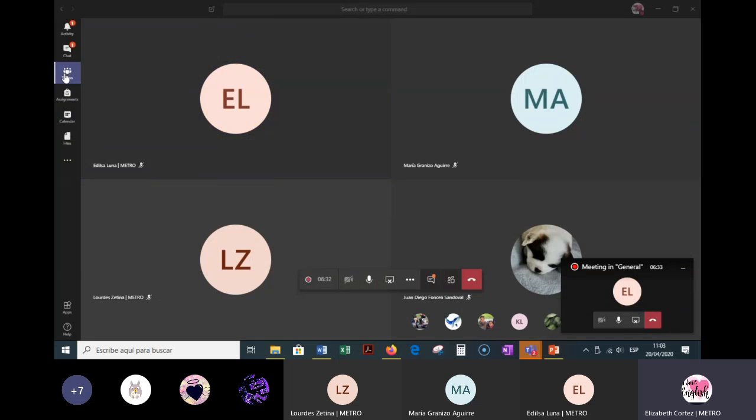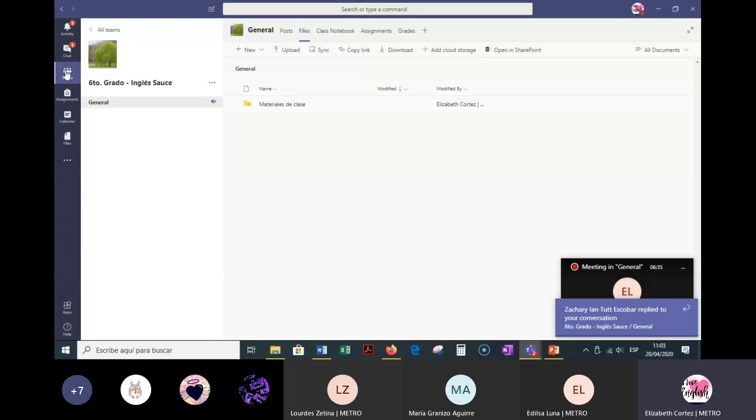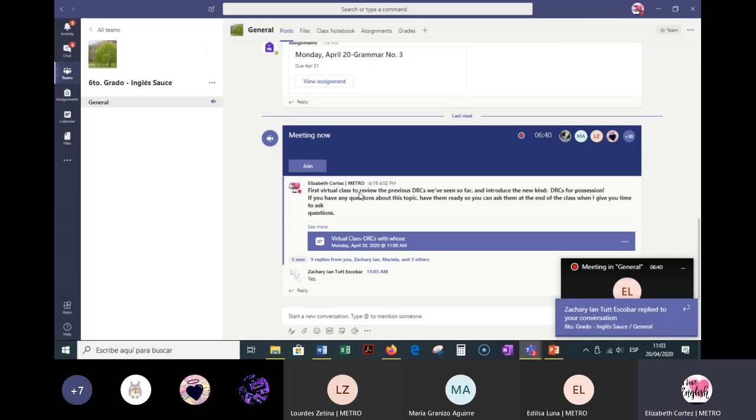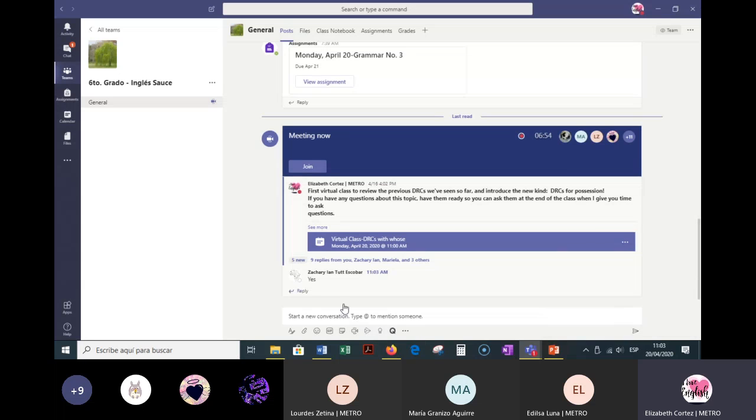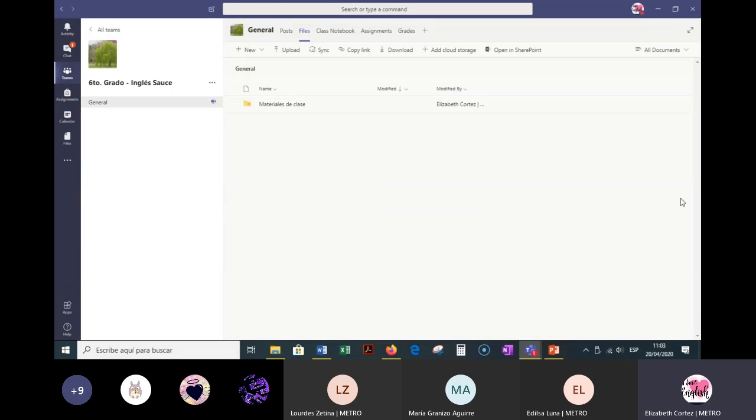So we go to Teams, and there you're going to find your tabs. All right. So you click on Sauce. Remember, guys, it has to be the one that says 6th grade English Sauce. All right. Not only 6th grade. It has to be in Sauce. That's where we are working. And so as I was saying, this is the general posts place. All right, this is where you have to check, as I was saying before, you have to check here for important information, and files, wherever Miss Elizabeth or the other teacher, depending on your classes, post any important documents.